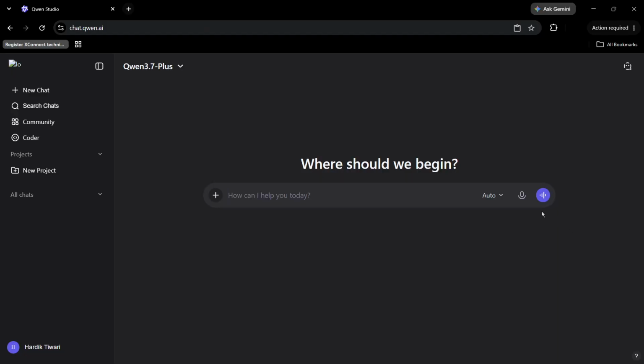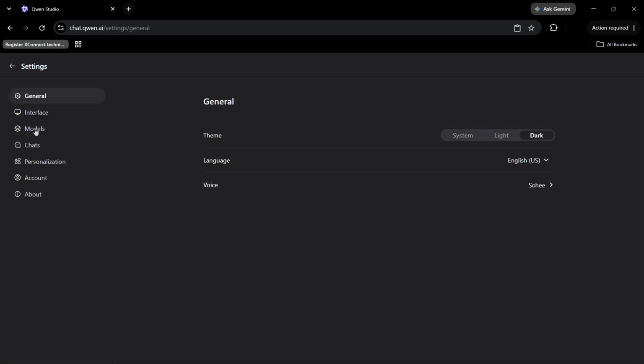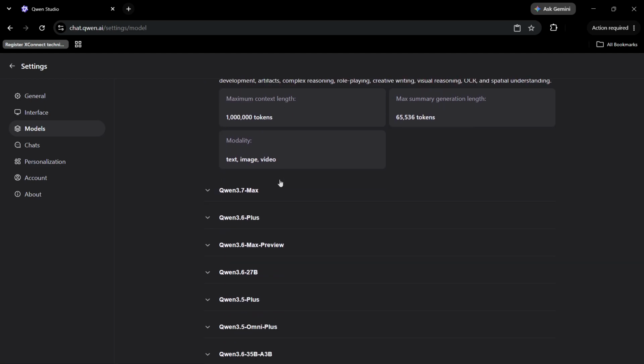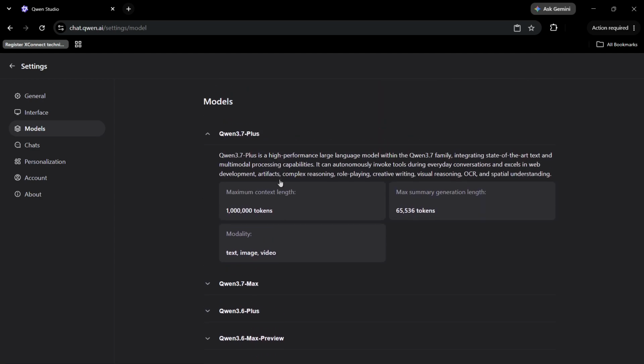So the first thing that we're going to do is head on to chat.qwen.ai, which is the official Qwen Studio website. Now, once you are inside this web page, you need to click onto your profile icon at the bottom left corner of the screen, and then a menu will appear from where you need to click onto settings. Now, within settings, click on the models to obtain all of the information about the latest and the previous models